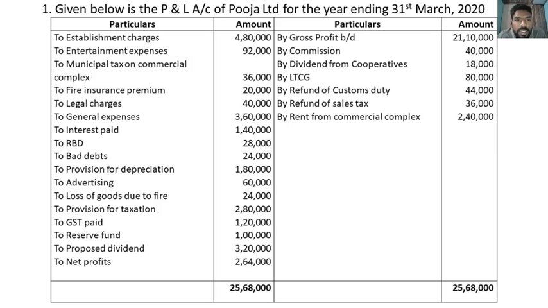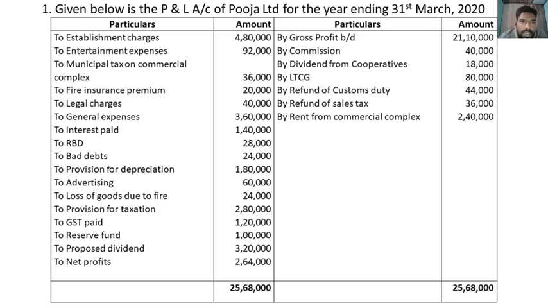See, expenditure which are related to business, and the profit which are related to business, and the expenditure which are related to other heads are also given. So it is a profit and loss account, but we should know what is the exact business profit. For that, we should deduct all the income which are related to other heads which are included in the net profit, and we should add all the disallowed expenses which are included in net profit.